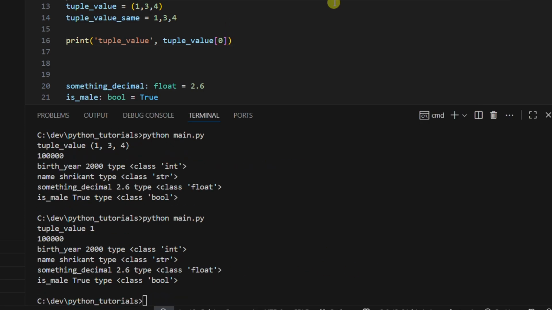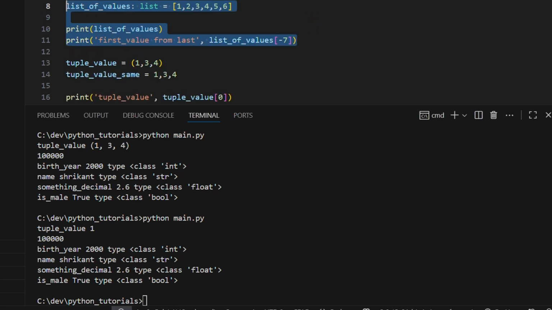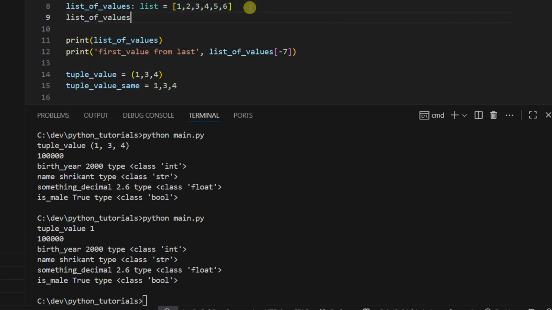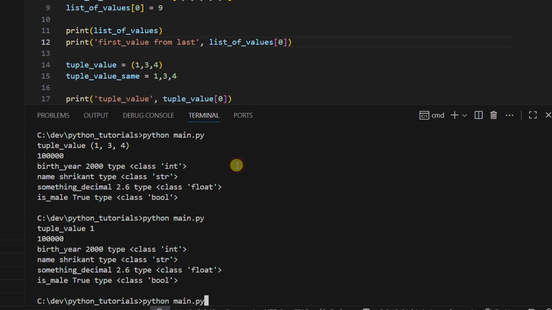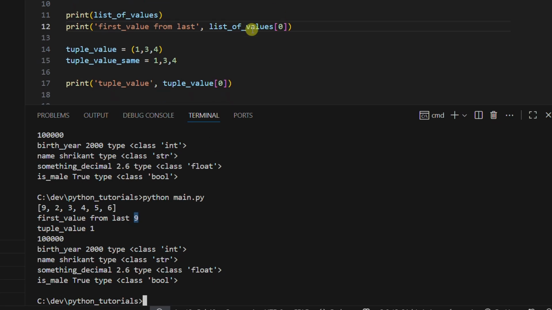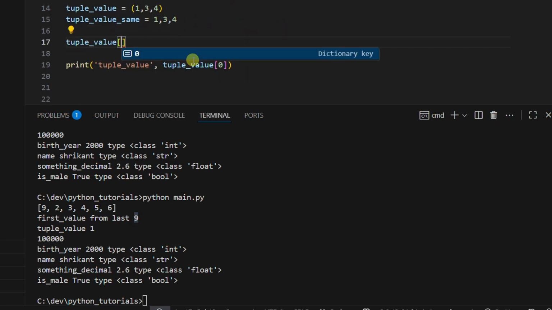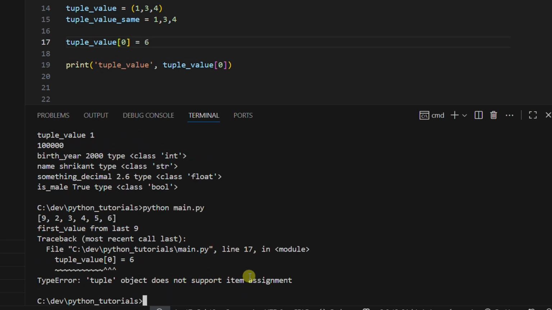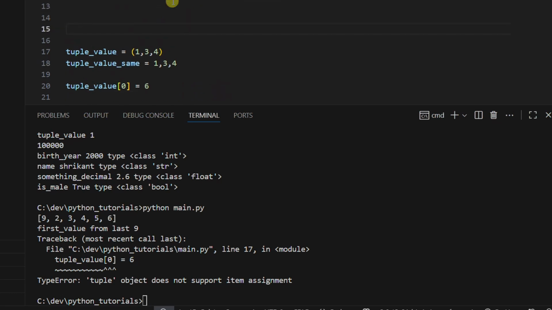See, tuple value 1. Now if you think why do we need a tuple if we have a list? Let me just show you. We can update any part at any index of a list, but we cannot update any value of a tuple at any index. It will just show an error because the container of the tuple has a mutable type of